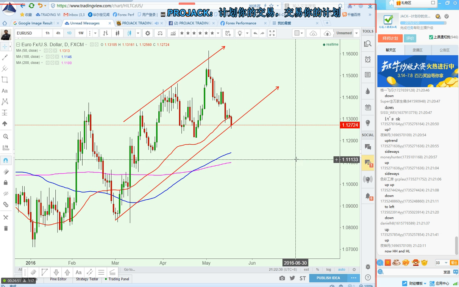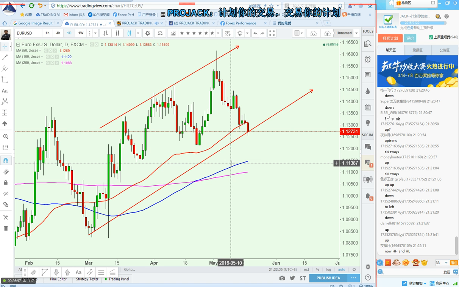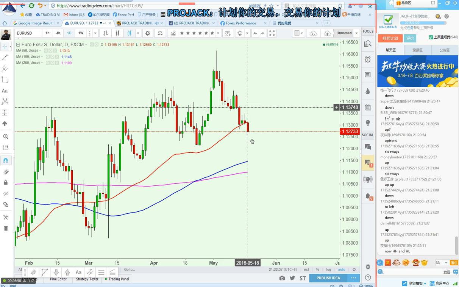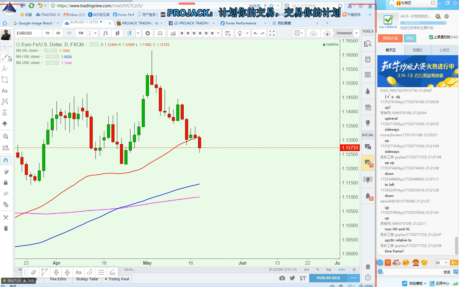But here comes the part. Do you think that the trend has changed? Anybody feel that the trend may change? Trend can be changed. There's no permanent uptrend. There's no permanent downtrend. Trend can change from uptrend to sideways, then to downtrend. Okay, so where's the key level? The key level is definitely here.